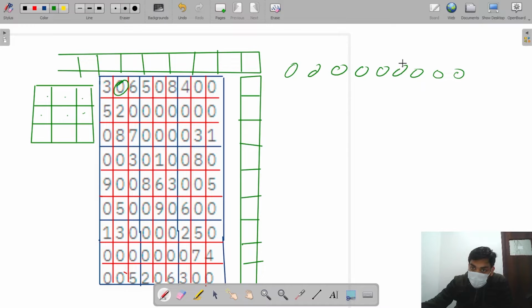If here I have 1, that means 4 is already present there. So if I'm going to add 4 here, for this particular column, do I have 4 or not? At this particular row, do I have 4 or not? At this particular grid, do I have 4 or not?